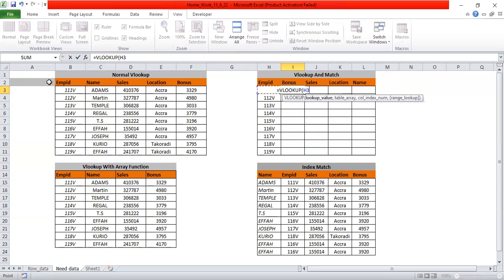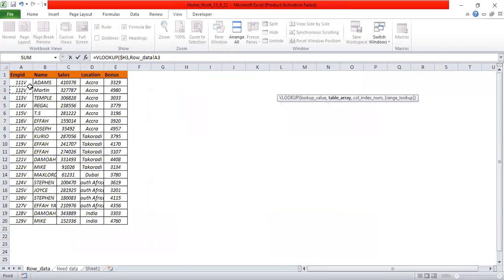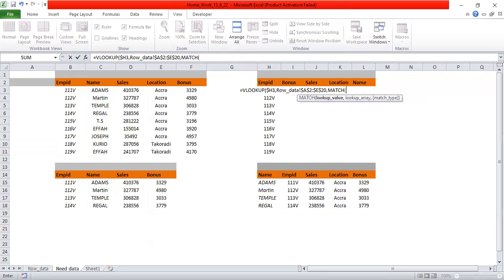Lookup value is this, okay, and then table array. Your table array is this in the raw data sheet. You can select here and then press F4 button and then again match, and after that you will select the